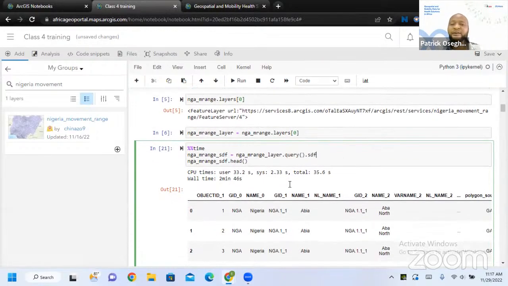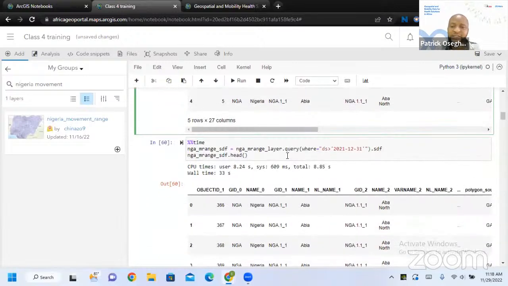But the data is large because it's from 21st January to May 2022. So I have to consider it. This is on a daily basis and at local government level. So this data is large. It will take like 2 or 3 minutes to run, and depending on your internet, it might even restart your kernel. I don't want that to happen. So I'll just filter out the dates I'm going to use with this query function.